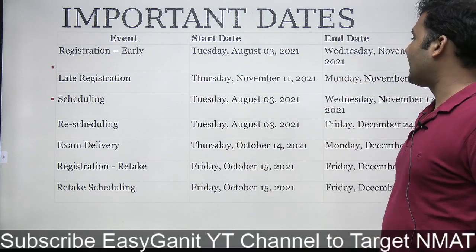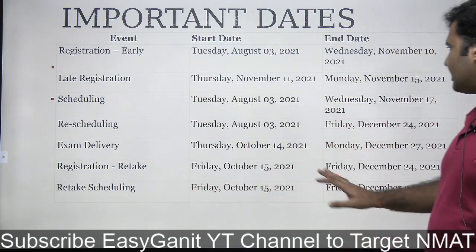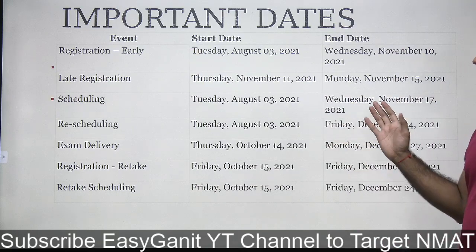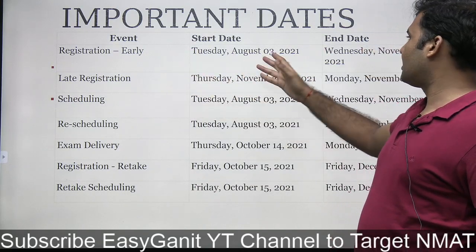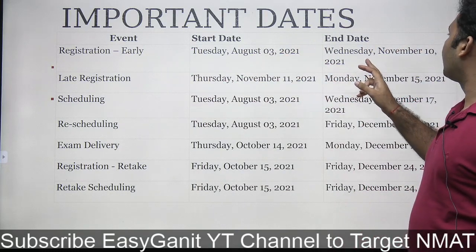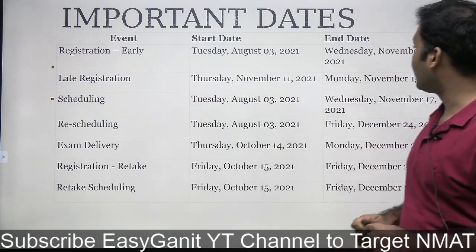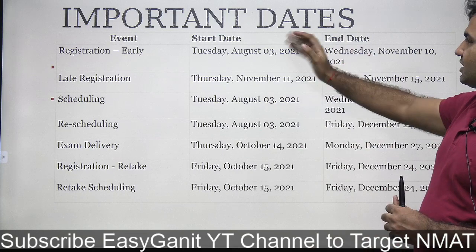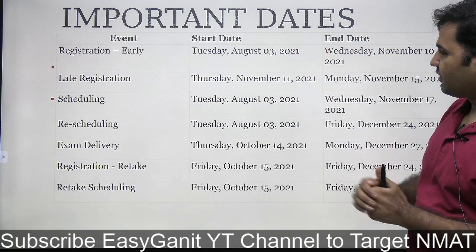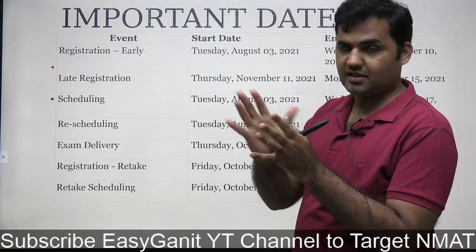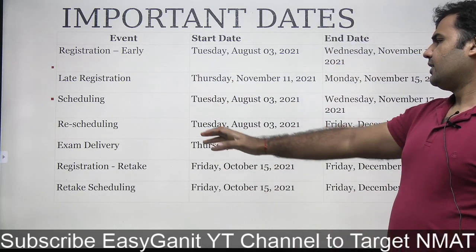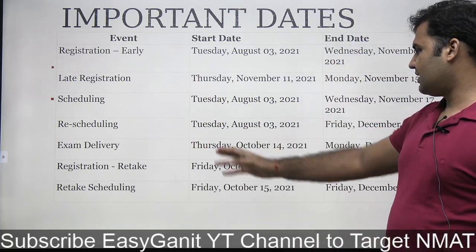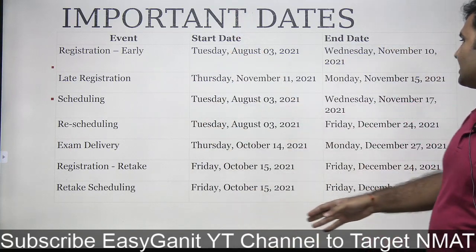Now, if you look at these dates, nothing to discuss here. I'm just going to take a screenshot so you can check कि किस date पे आपको कब apply करना है. Registration already 3 अगस्त से start हो चुका है, right? और मैं ये video upload करने में बहुत late already हो चुका हूँ, right? But again, registration dates बच्चों को generally पता ही रहता है. What I was researching on was this main content that I have just discussed with all of you guys. Exam and everything is already mentioned. इसमें कुछ discuss करने लायक नहीं है.